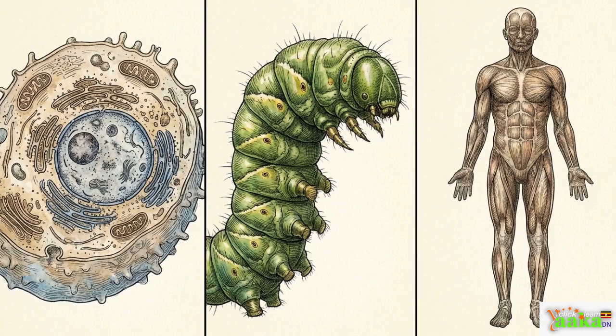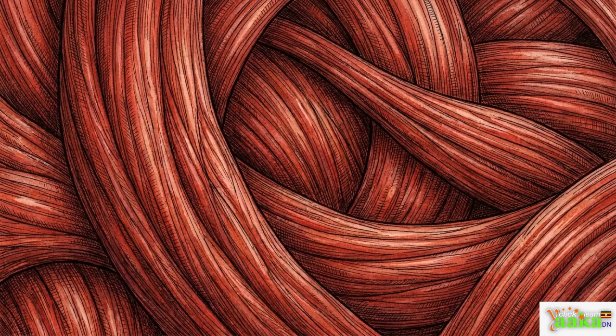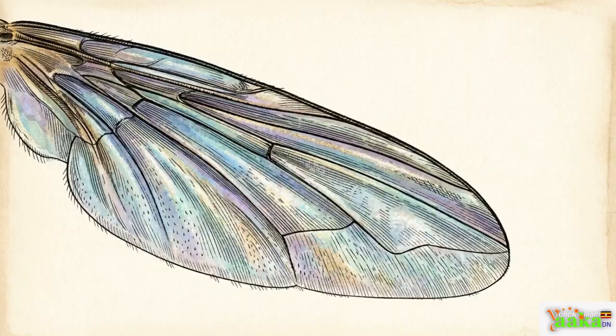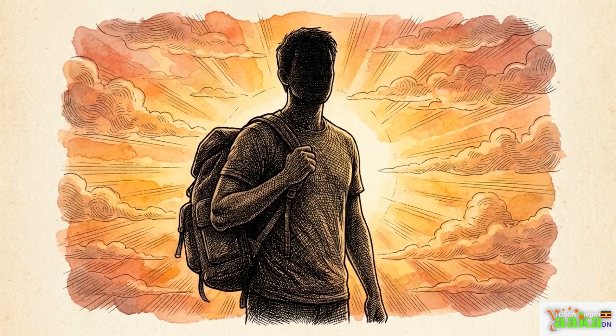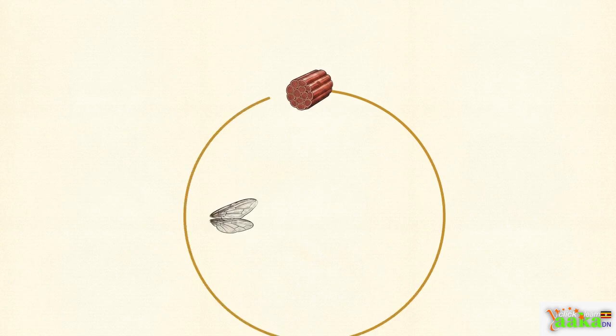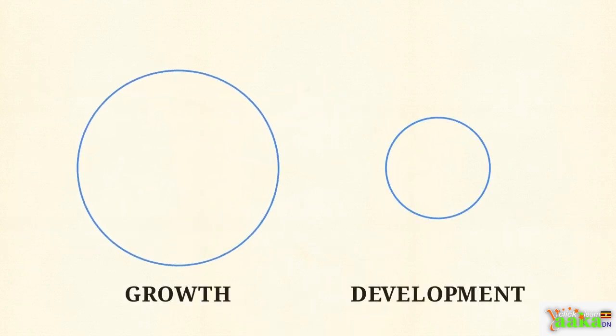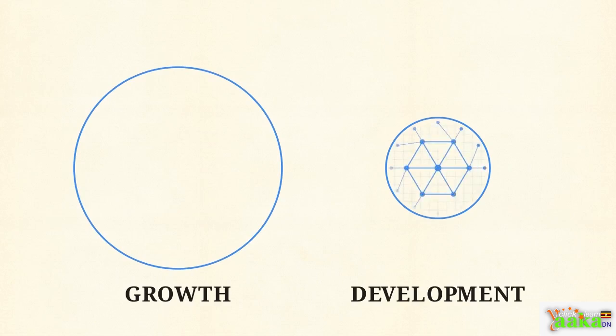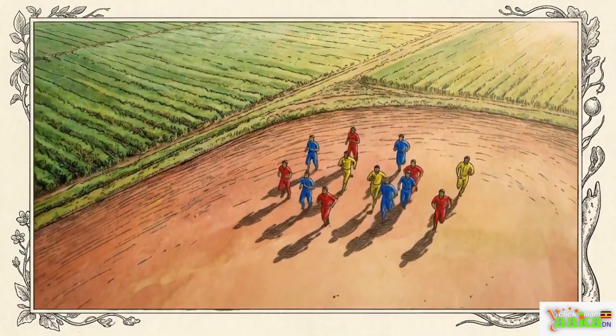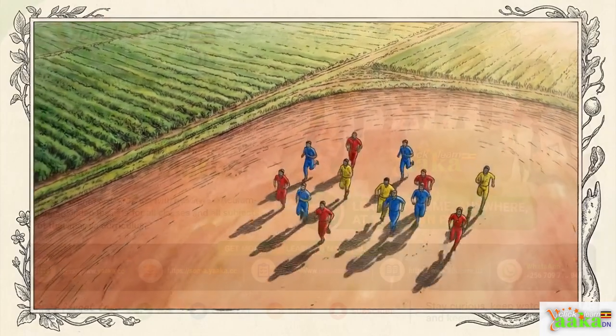The same rules apply across the entire biological spectrum. Whether a cell turns into muscle, a maggot forming wings, or a child entering adolescence, the core pattern repeats across all life. Simple growth increases size, but development brings the complex specialization required to survive. From the latrine to the classroom, life cannot remain static. It must constantly